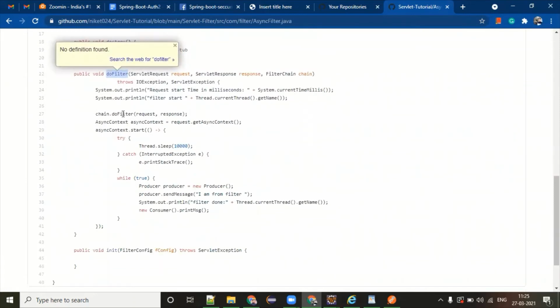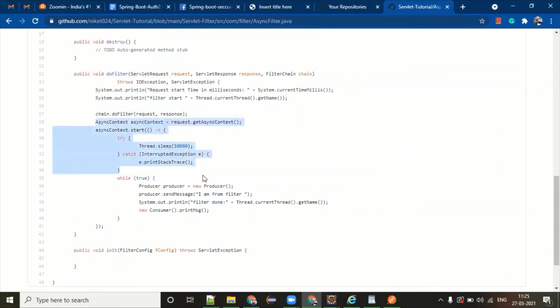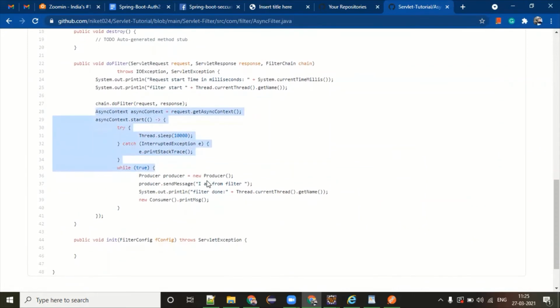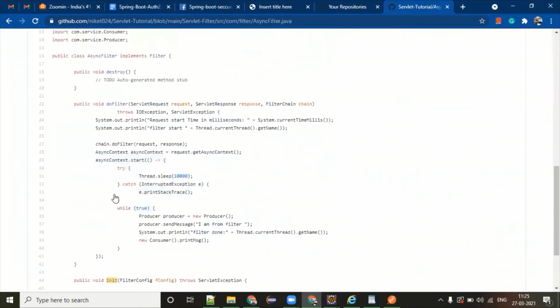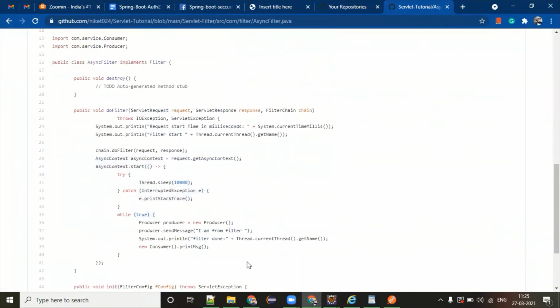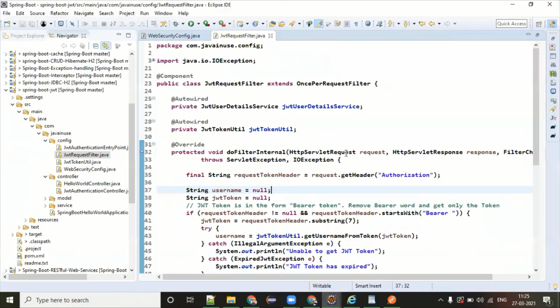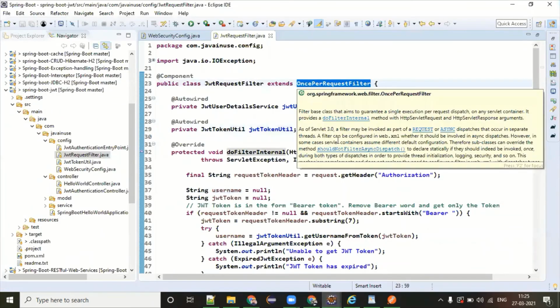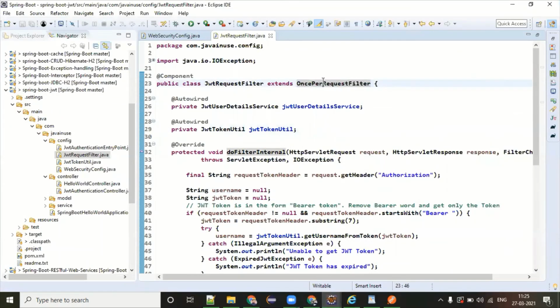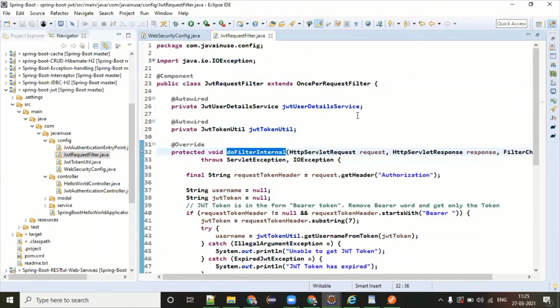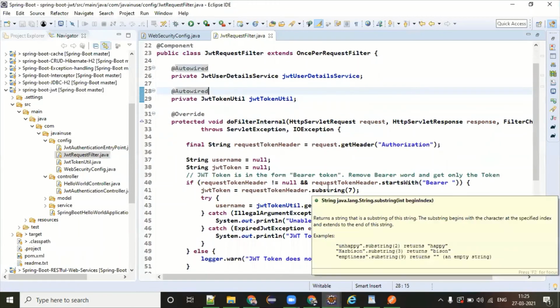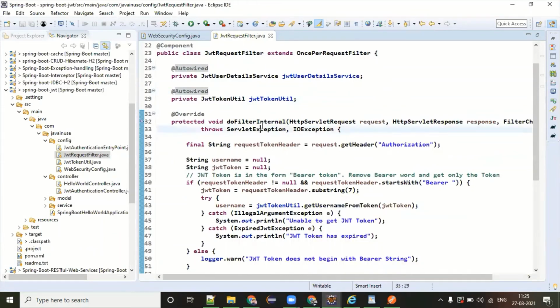Whatever logic is before doFilter is pre, and whatever logic is after doFilter is post. And then we have an init, and we also have a destroy method. So these are the three methods. Similarly, this class is extending one of the filter classes called OncePerRequestFilter, and this is the method for it, doFilterInternal. So any request coming to this application will be intercepted by this doFilter method.